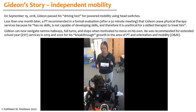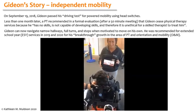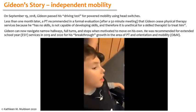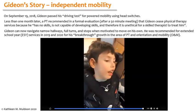Get ready. Oh, my friend! Look at you! And so you can see the difference in just, she doesn't have to hold him up anymore. It's his own chair. He's navigating so much better